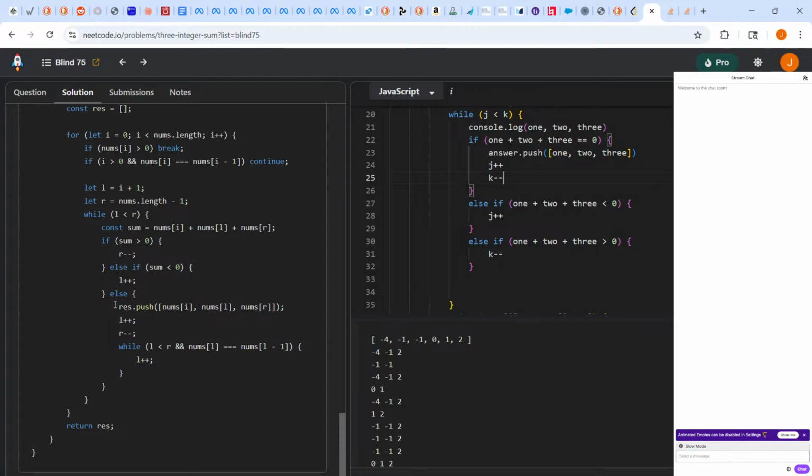Yeah. res.push, blah, do this. Okay, while... oh yeah, here's where they had their secondary case. So if L is less than R, and nums[L] is the same as nums[L - 1], then L++. So if this is the same as the one before it,